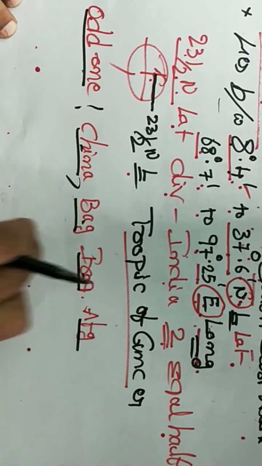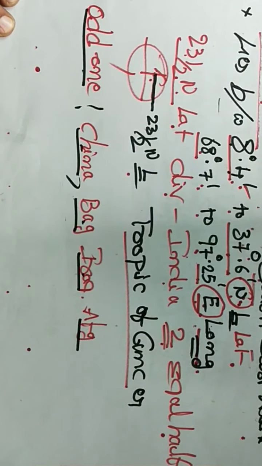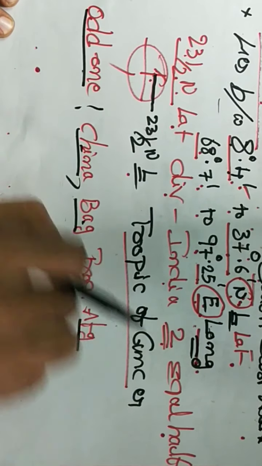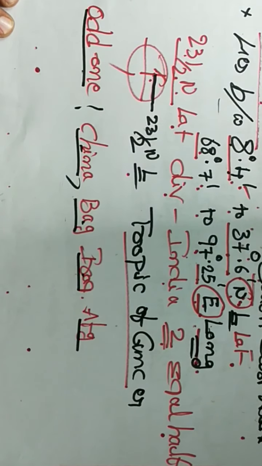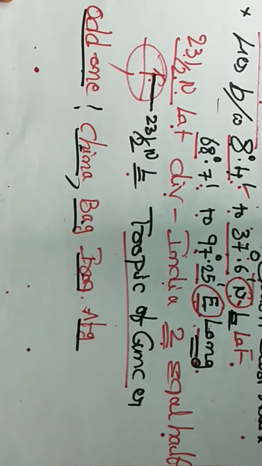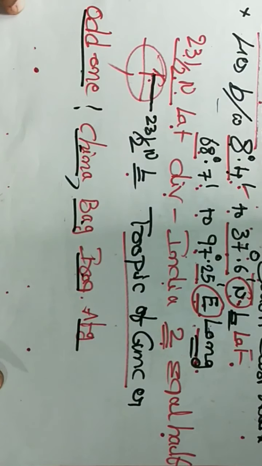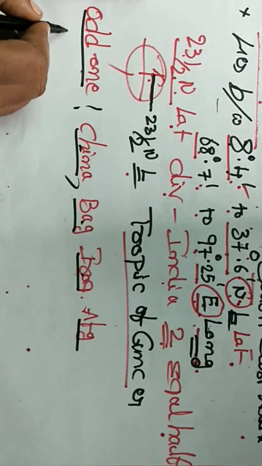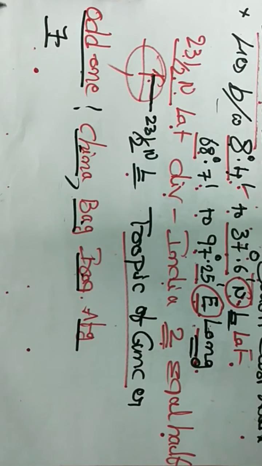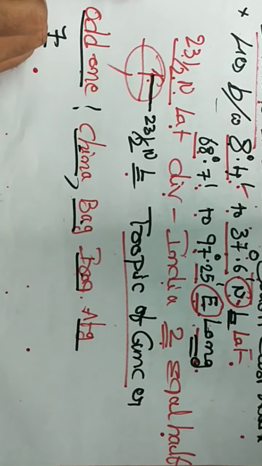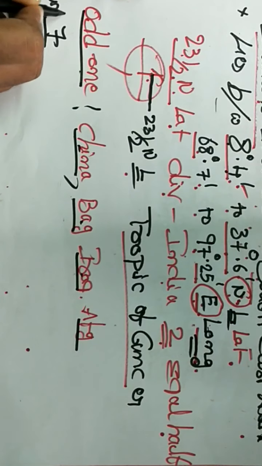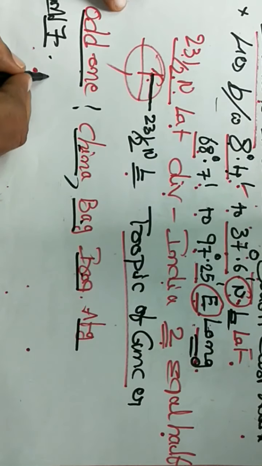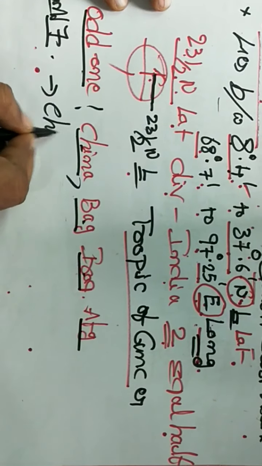So to answer such type of questions, we should have the knowledge of India and its boundary sharing countries. Now, India is sharing boundaries with 7 countries. India is sharing boundary with 7 countries. The list is China,